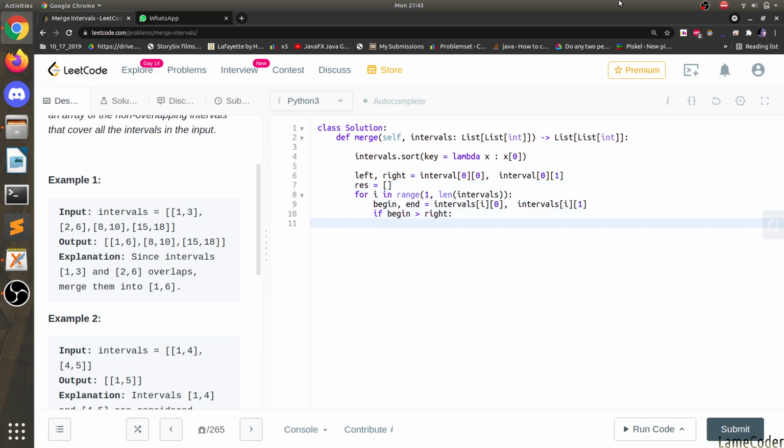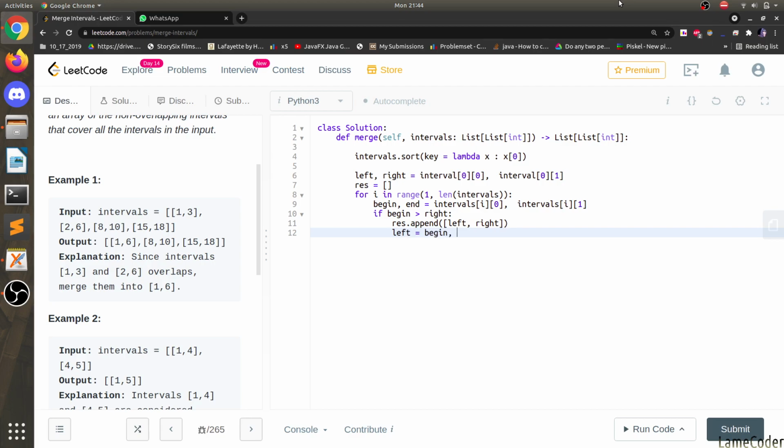If this ever happens, result.append of left and right, which are already there, and make our left and right begin.